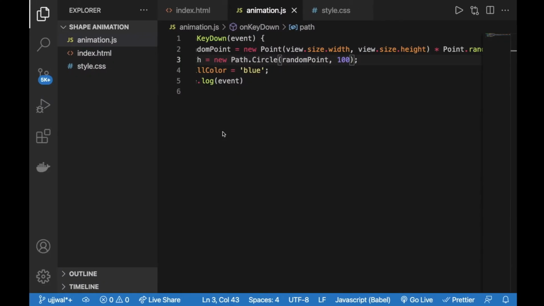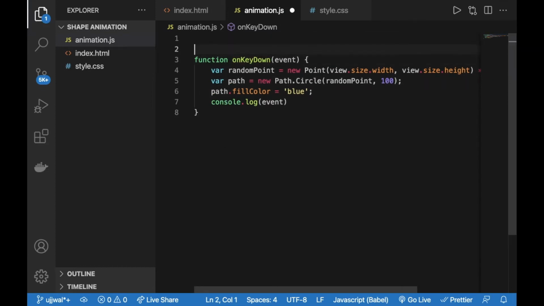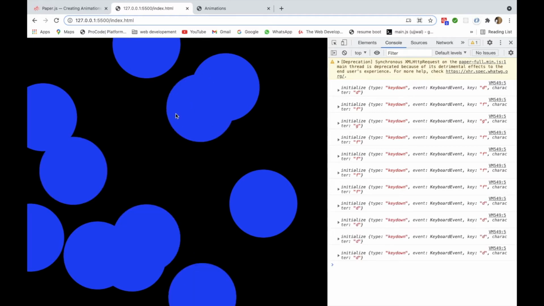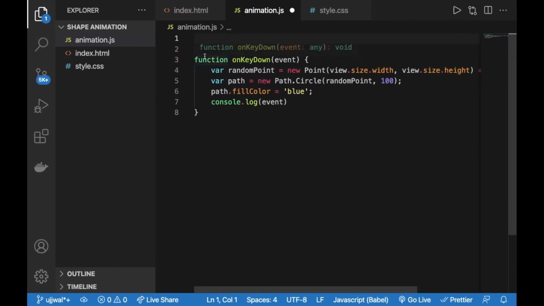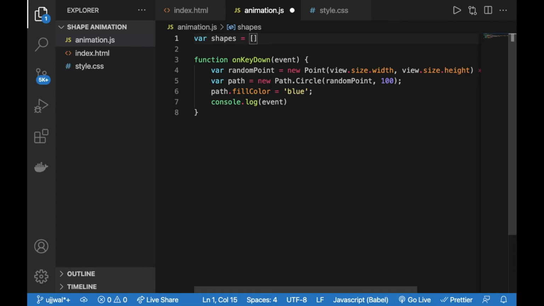Okay, so first what I'm going to do is save all the shapes. There are 1, 2, 3, 4, 5, 6, 7, 8, 9, 10, 11, there are n number of circles if I tap n number of keys. So I'm going to save each and every shape in an array. I'm declaring an array, and its name will be shapes, and it will be an empty array at the start.